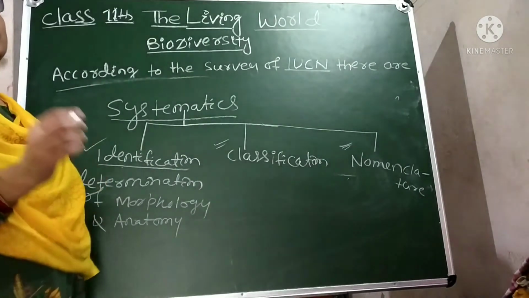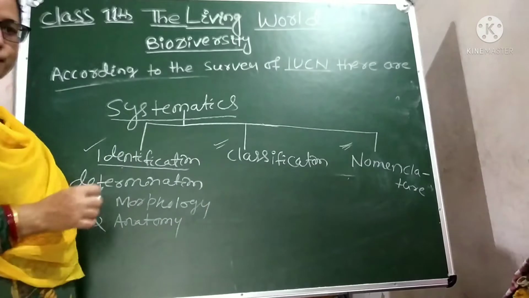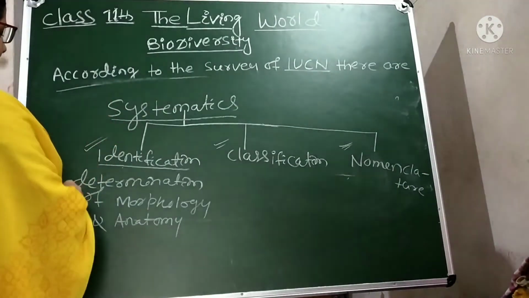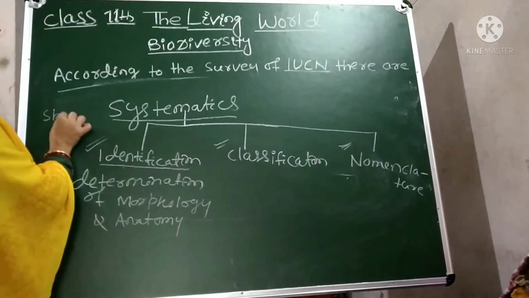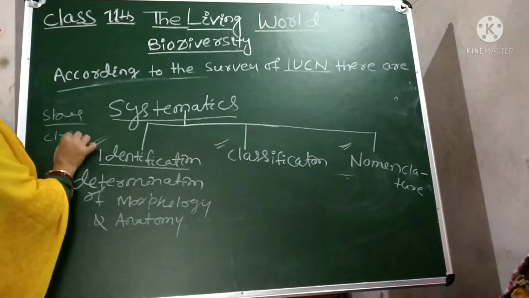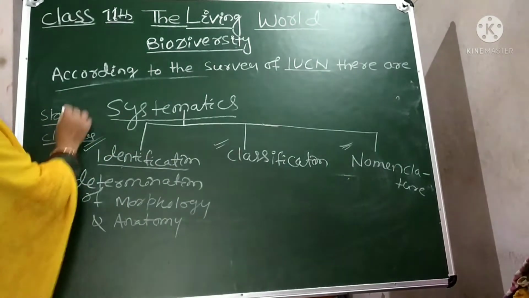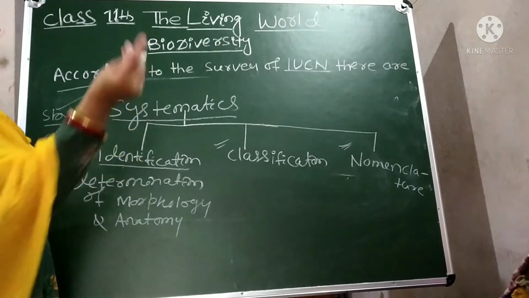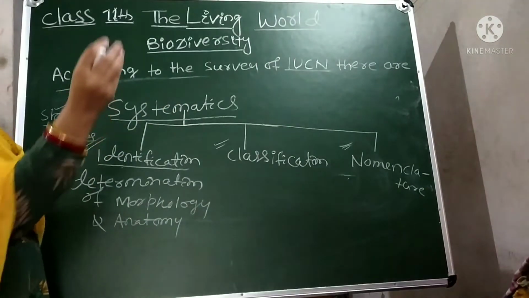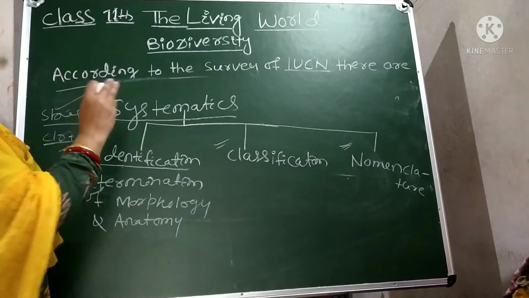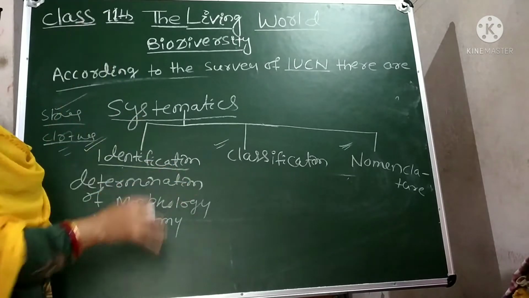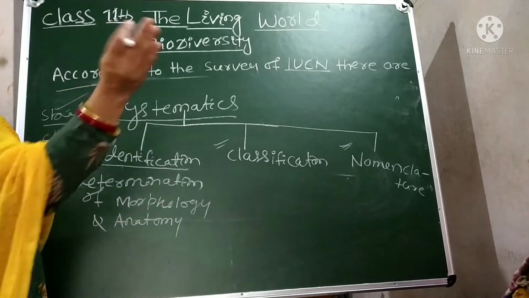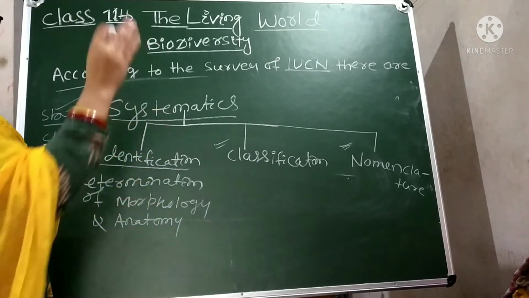If we enter inside a shopping mall, we identify there are many things. We identify the shoes and clothes. First we see that it is a shoe and it is cloth, and clothes also have many categories. Sarees are there, kurtis are there, dupattas are there, leggings are there, men's shirts are there, men's kurtas are there.